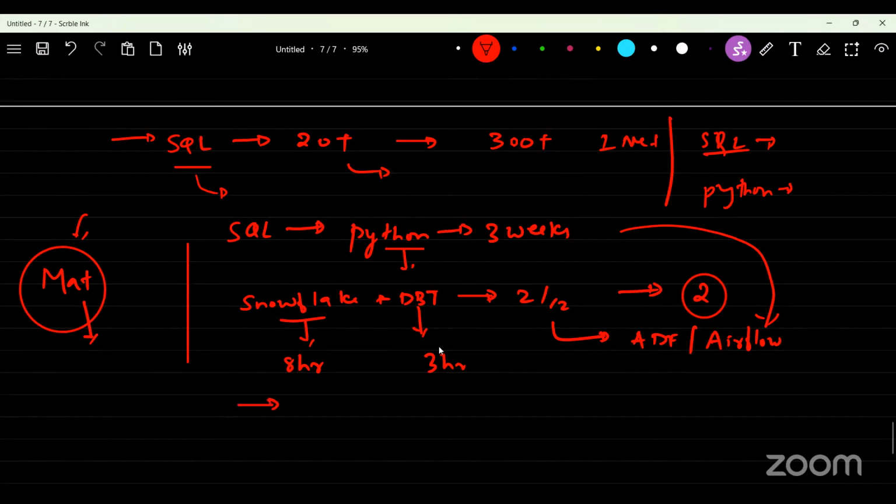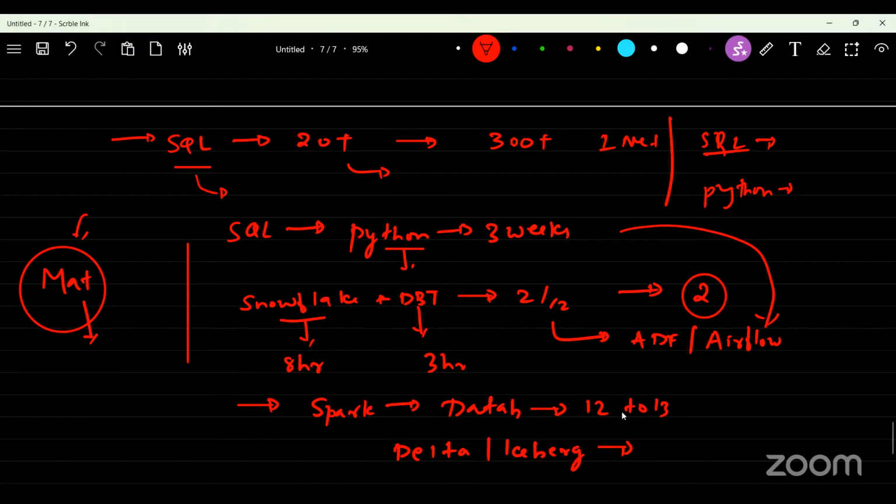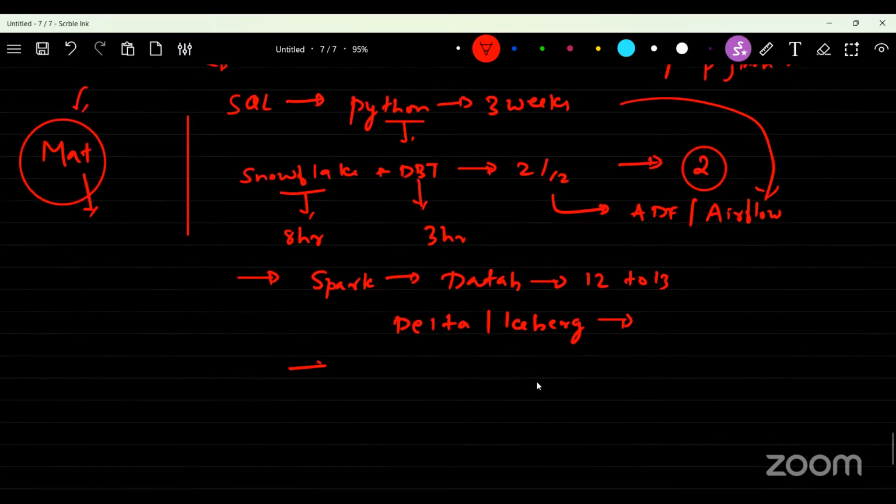And after that, we'll be starting with Spark. Spark or PySpark will be done mainly with Databricks. That will go up to 12 to 13 classes. And then we'll see Delta tables and Iceberg tables. These are the open table formats that are widely used across projects. I'll be showing that. And at the end, we'll be having AWS, which will go for 3 weeks, where we'll be building end-to-end projects. 2 projects.